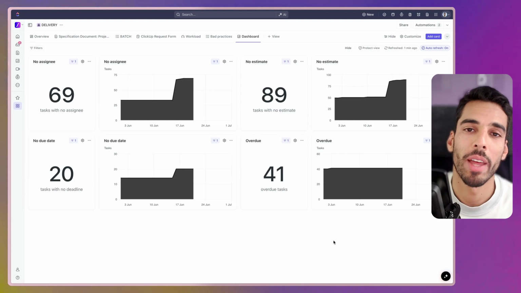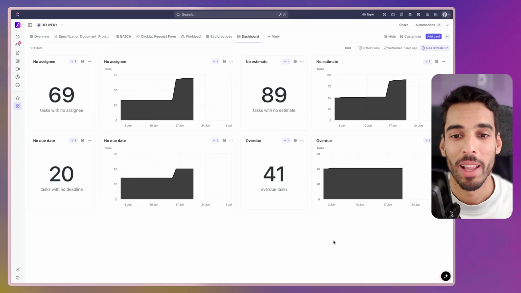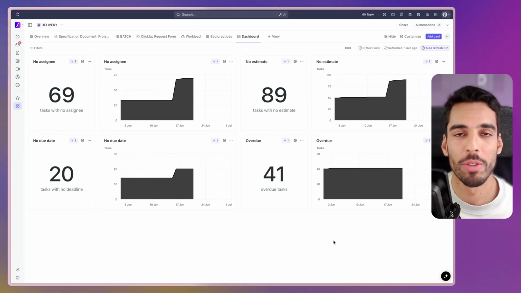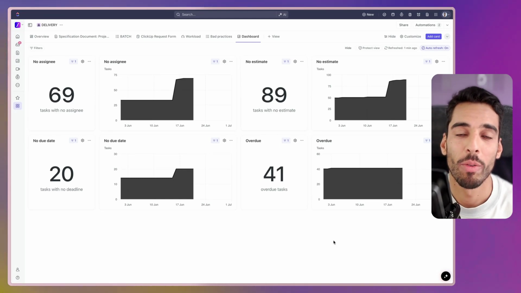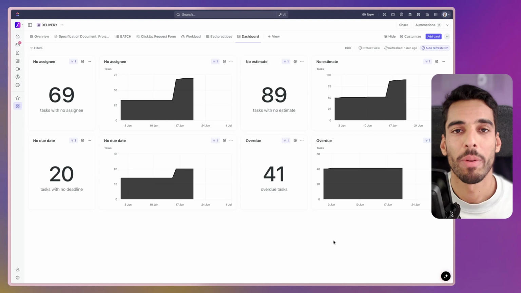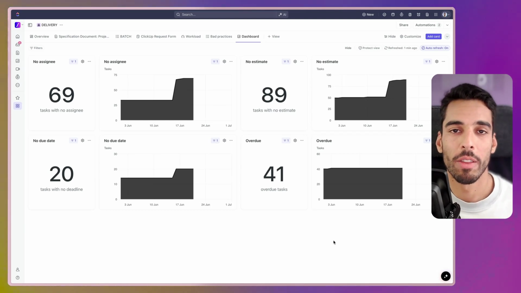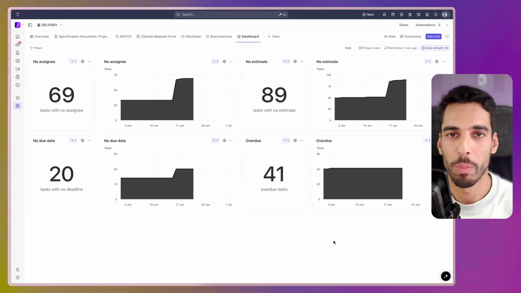So you need to make sure that your workspace follows better practices before you set that up. Otherwise, it'll probably look like this or even worse. A lot of my clients start with tasks with no assignee, no estimate, no due date. You need to educate your team on how to set that up. And once you do, it'll make everyone a lot more conscious about following the best practices in ClickUp to be able to use it in the future for capacity planning, for road mapping, and use it to its full potential.